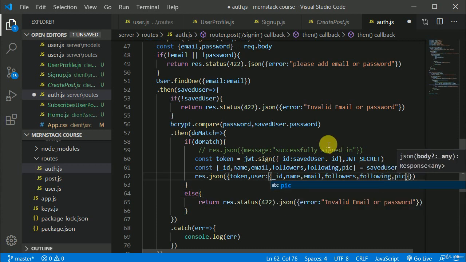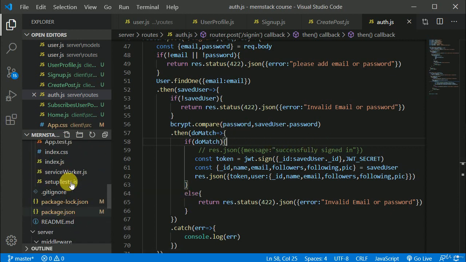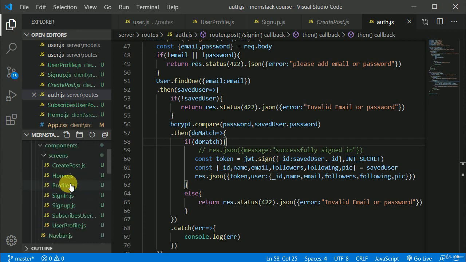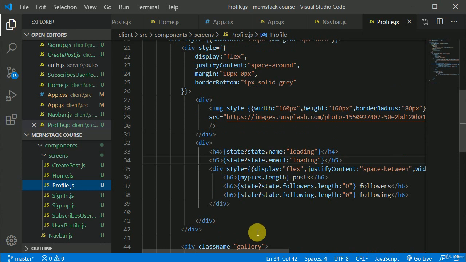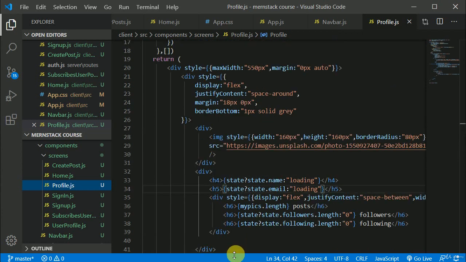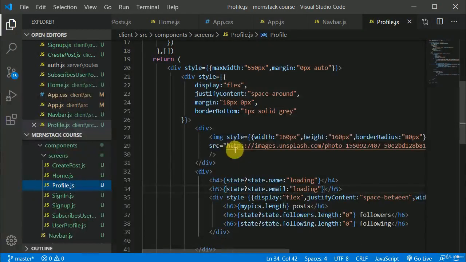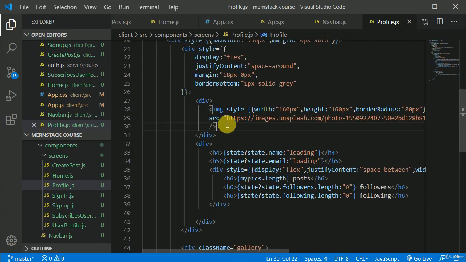Okay, and I will save this, and let's go to the profile page. Yeah, and in here, where is the URL? This time we don't need to use this URL. Am I doing it correctly? Yeah.